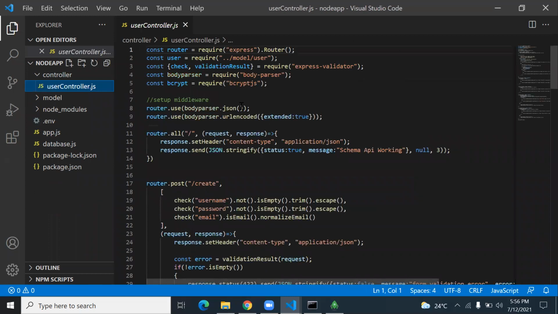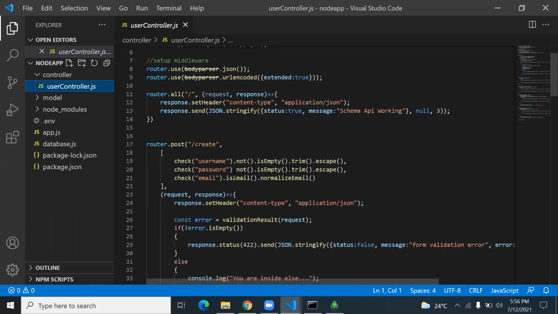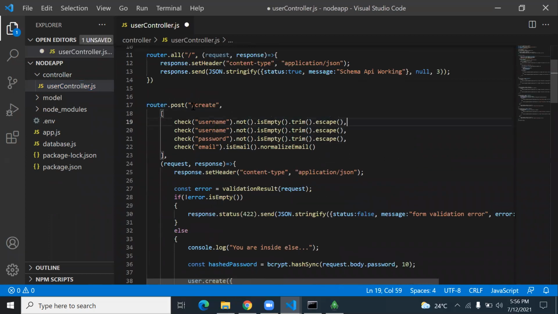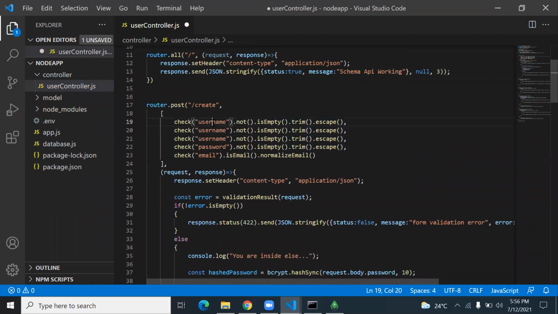In the controller also, I don't have many changes. I accept only some details. Copy this, some more details. First name I check, last name also I check. Then I take email address, then I take password. For email address, the type check is whether it is an email, as well as normalizing the email, some validation functions.